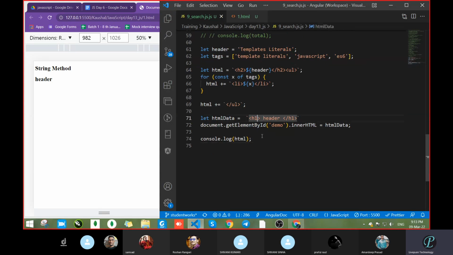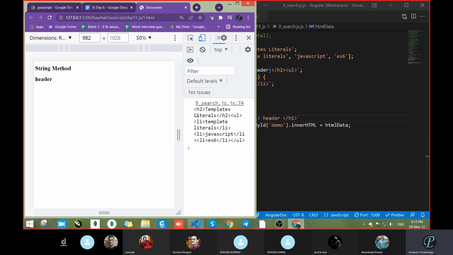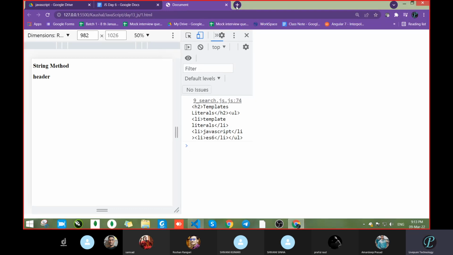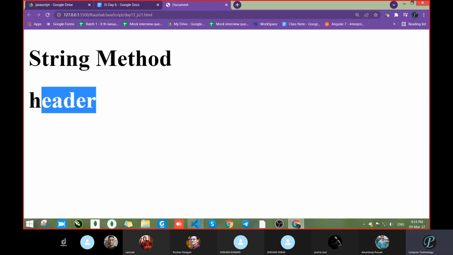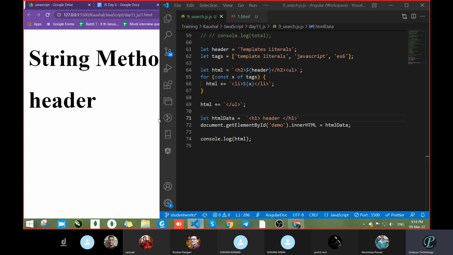Now change this and pass H1, which means the text will be bold. Sorry, H1. Let's save. Did we get something or not? Due to the smaller screen, we can't identify it. Correct? We got that. Now, if you want a span or otherwise a p tag, let's see.